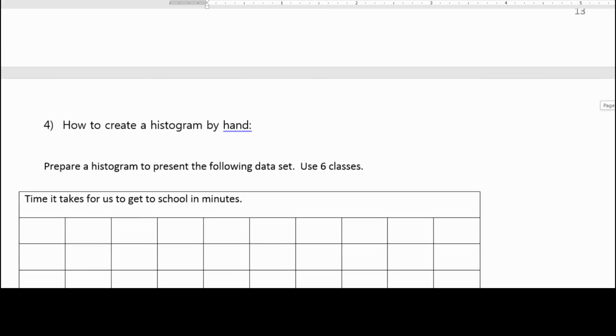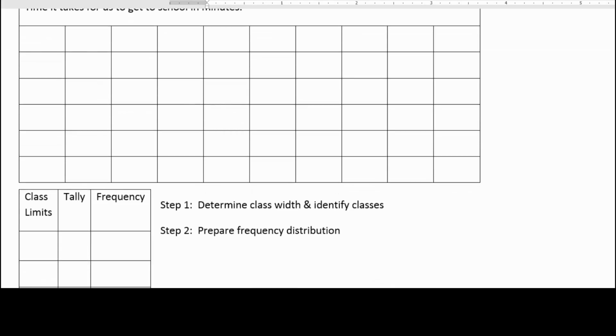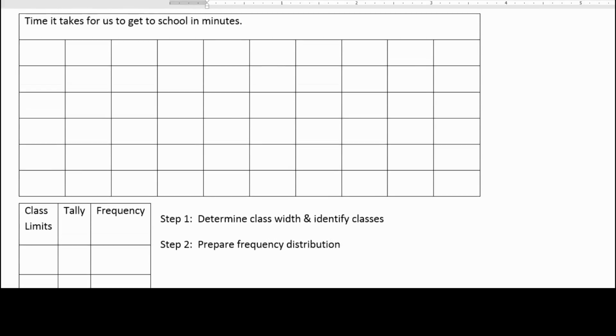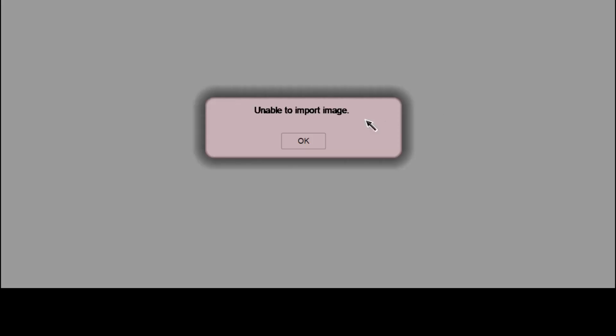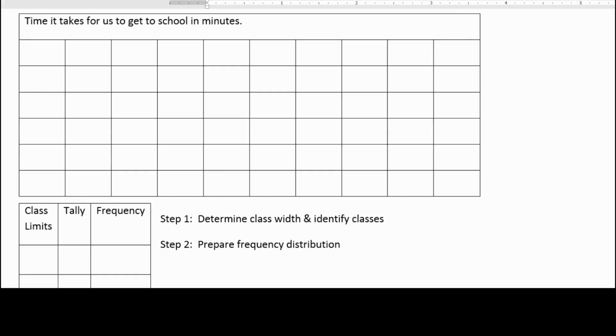Alright, so how are we going to create a histogram by hand? Okay, so we're talking about our height data, or time it takes to get to school. So what I'm going to do is make up some numbers, and let's make them up together, and we'll say it takes someone 2 minutes. And actually, if I was in class, we would all come up to the board and put these on there. So let's say it's 2, 12, 7, 5, 11,